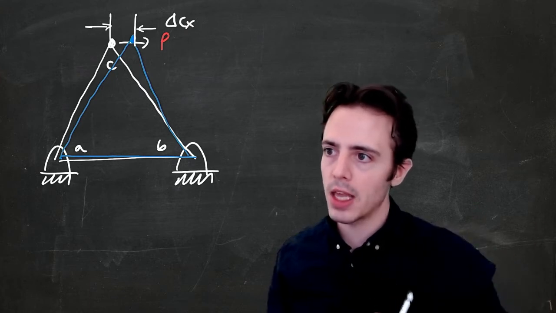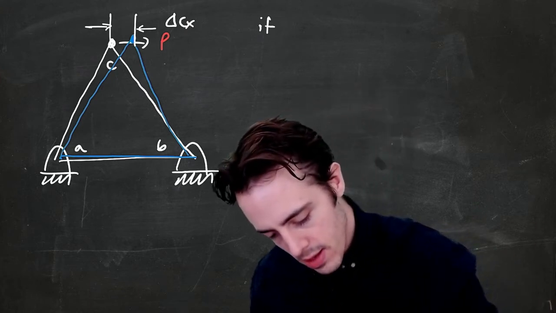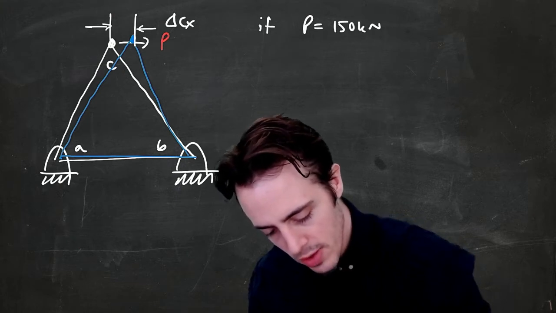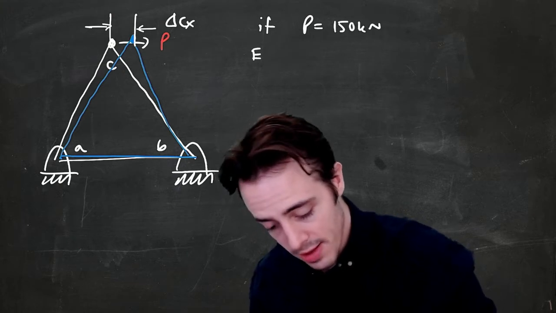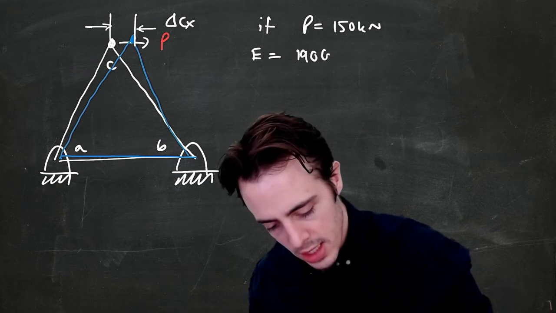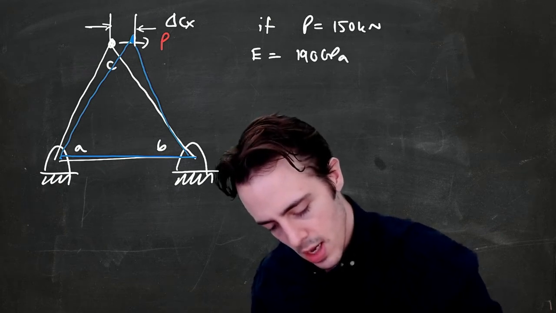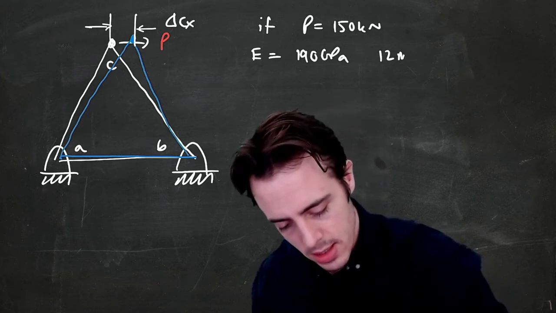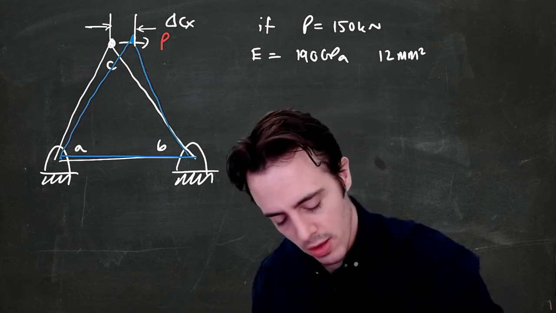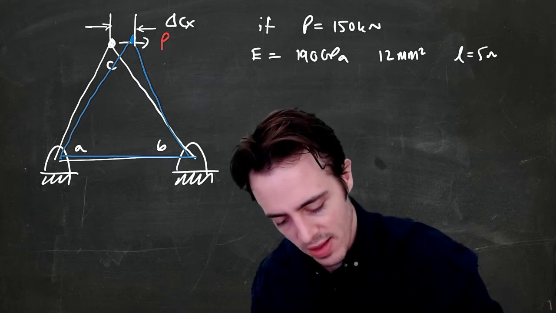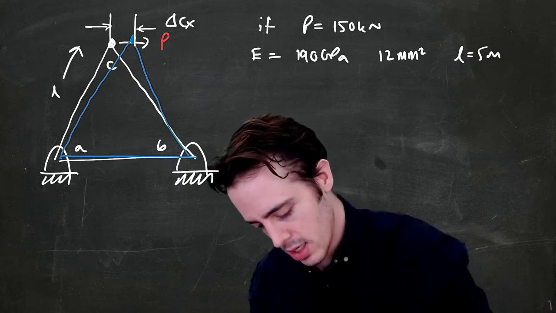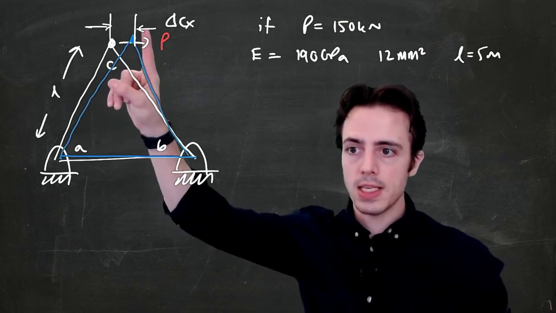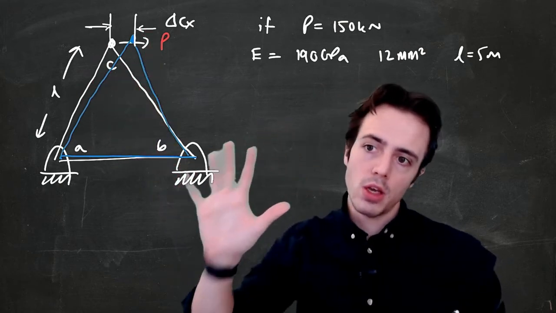And we'll input some values. Let's say P is equal to 150 kilonewtons, modulus of elasticity is equal to 190 gigapascals, the cross-sectional area, let's say 12 millimeters squared, and the length of all of the members is 5 meters, so that's my L there. And we know this is an equilateral triangle. What is the displacement delta Cx? So I'm going to go through